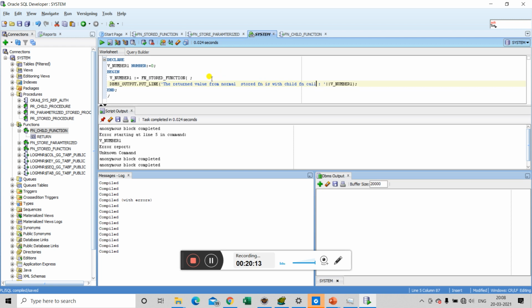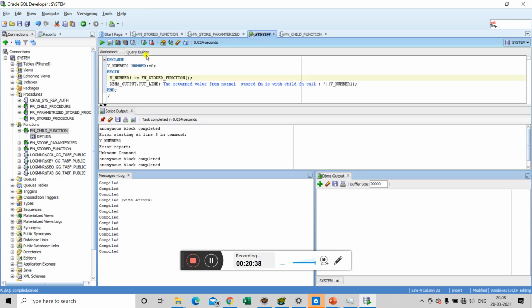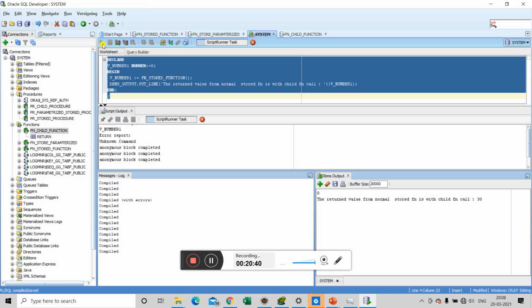So in this particular anonymous block we are calling fn_stored_function, which has an execution block inside which we have another stored function, that is fn_child_function, that is returning a value held in the variable v_child_return_variable, and this variable value is being added to the print num that is ultimately returned to the anonymous block. So now let's try to run this.